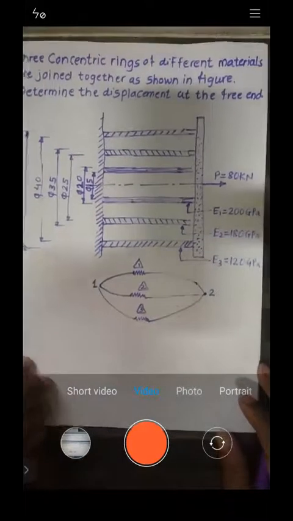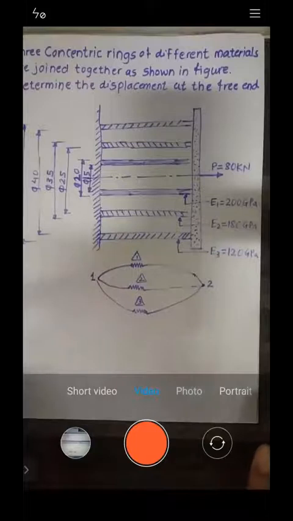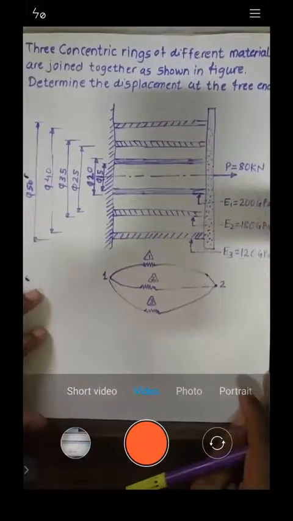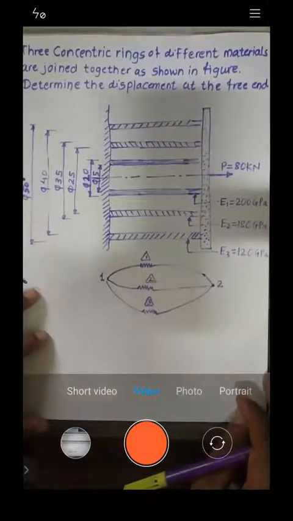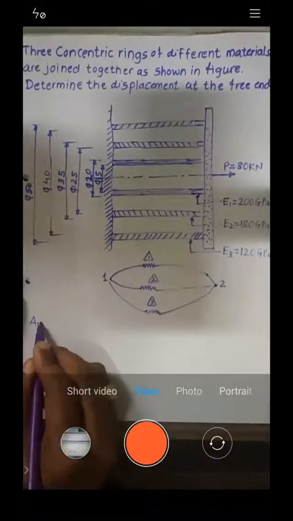Now the question will be, if you need to write down the element stiffness matrix, you need the area, right? And here the area is not directly given, so you need to calculate it. What is that area? It's the cross-sectional area. So if I need to calculate the cross-sectional area for A1, how will I write it down?